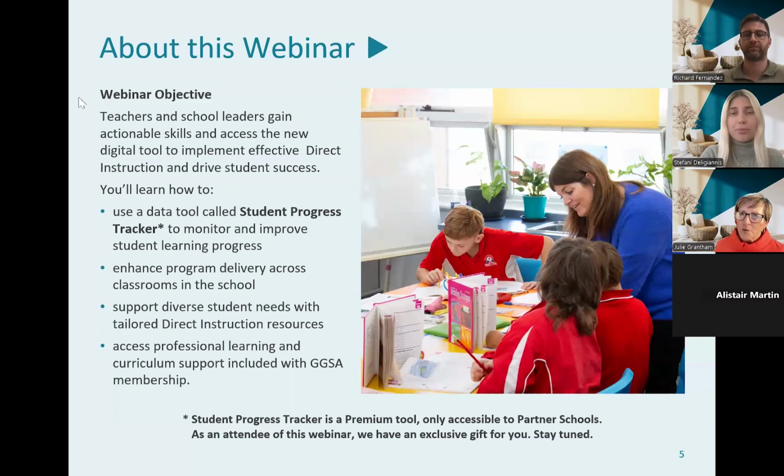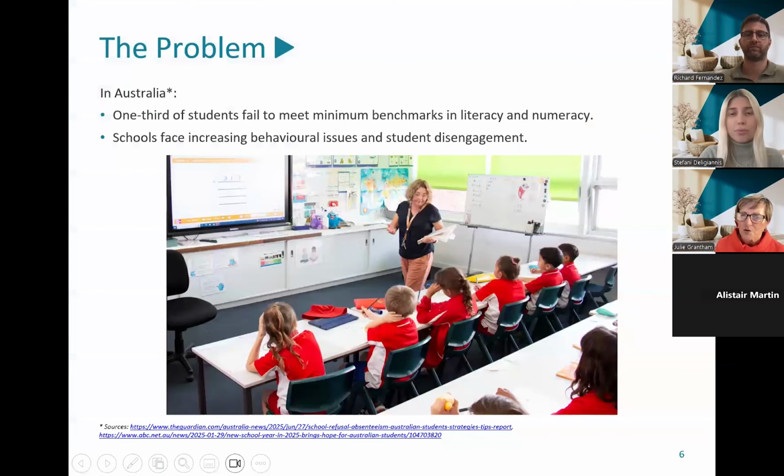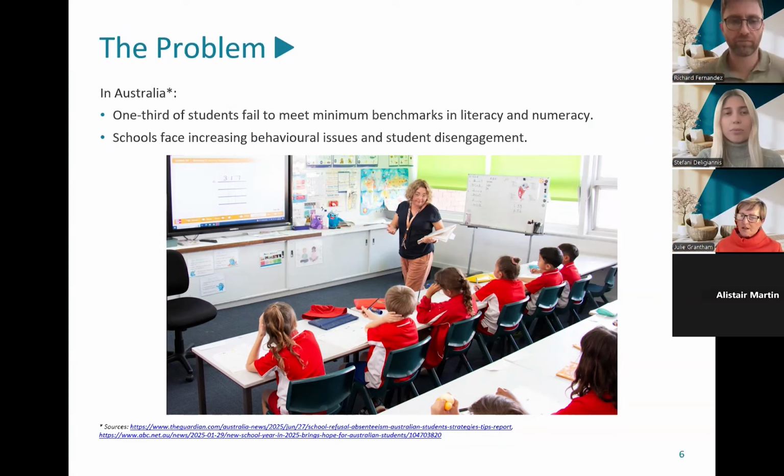Great. And before we get into that, one of the things I'd like to talk about is the state of education in Australia. We constantly see reports about Australia's standing in the world, a declining standing. Our own data will tell us that over a third of students do not meet literacy and numeracy benchmarks.